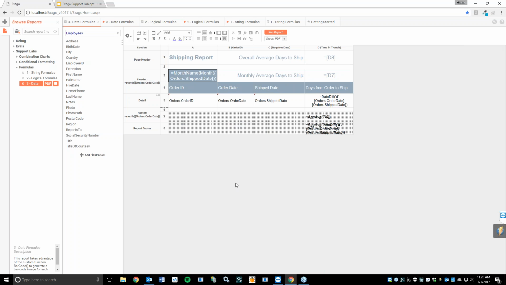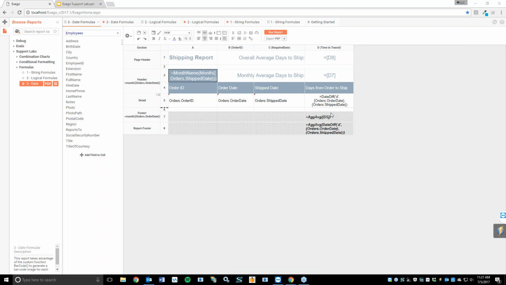Okay. So the last thing I'd like to touch on today, and I think this one is something that will be very applicable to most people. Oftentimes we get the question, why isn't my aggregate function working? And 90% of the time the answer is, well, what section are you trying to aggregate in, right? Aggregates can only be done in footers. So a group footer, a report footer, etc., whatever type of footer, but they have to be done at the end